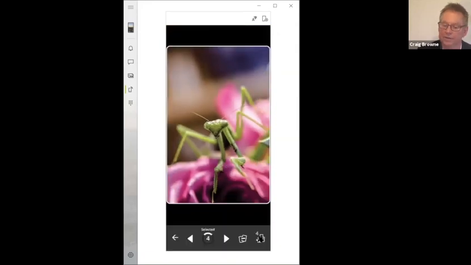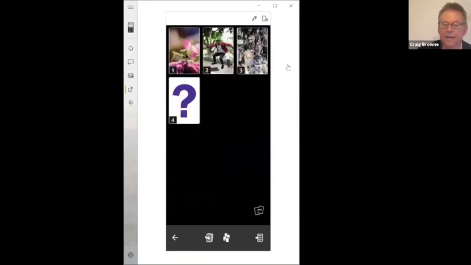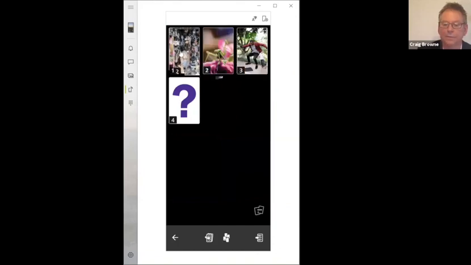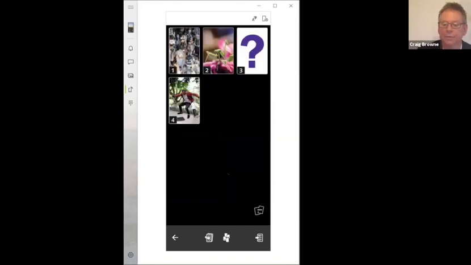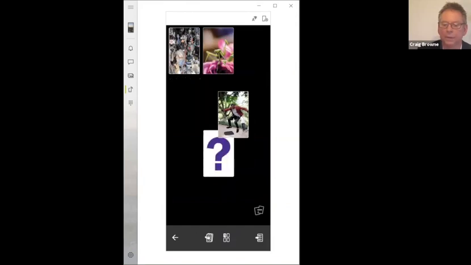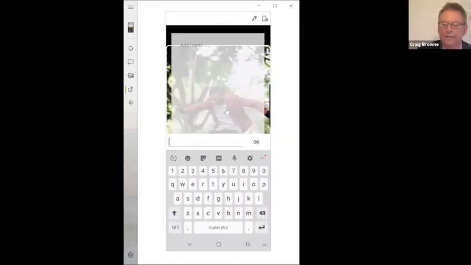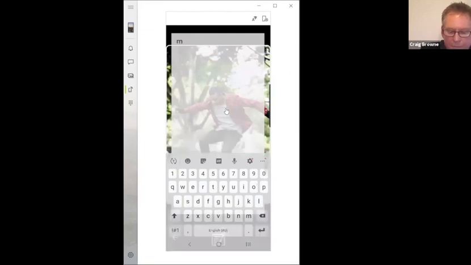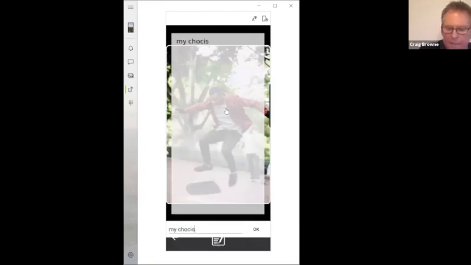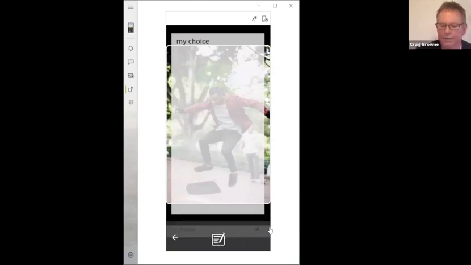And it looks different on different phones depending on the ratios. And now they can put their cards in order if they wish, or drag them around. You can double click, add comments about your card. I'll just say, I'm not going to try to write anything fancy. Oops, can't even spell. My choice, which is very bad, but it'll do for the demonstration just to show you